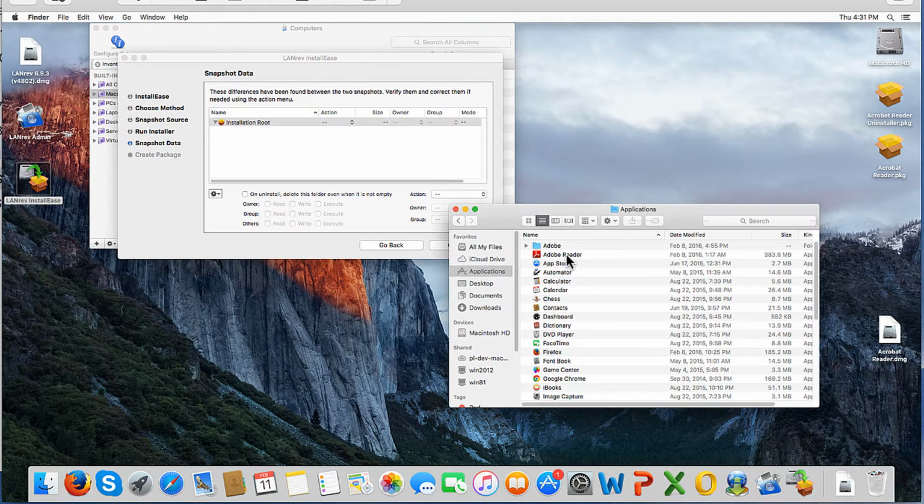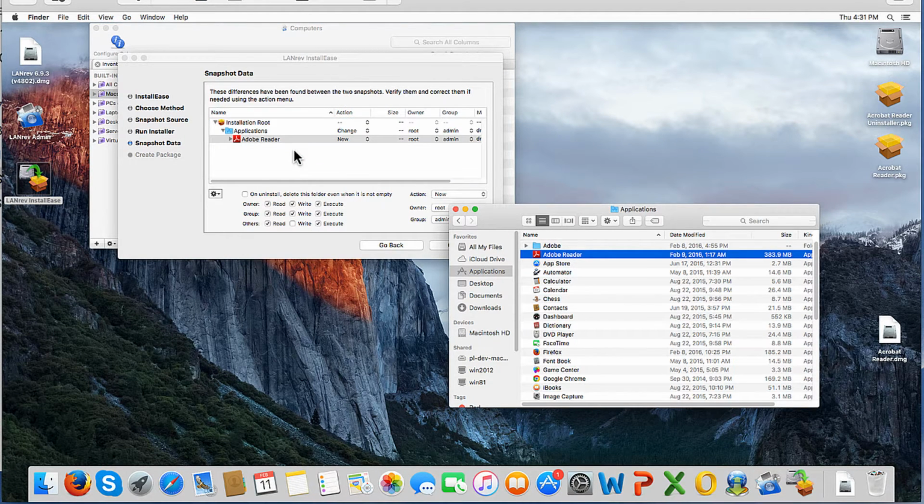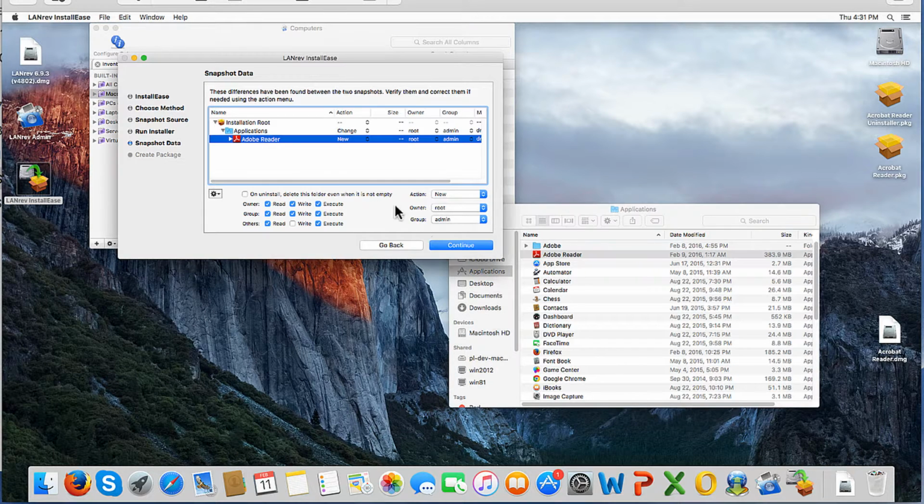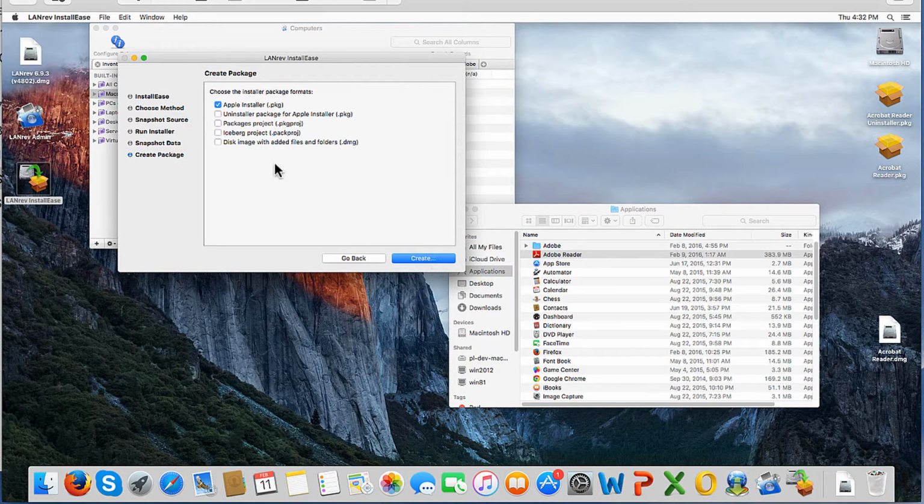So I'm going to grab Acrobat Reader, drop it right in here, and you can see it builds out the path to that application package. And when I'm done, I can go over here and just build my uninstaller and installer PKG right there. So I've actually already done this ahead of time here. You can see my packages for Acrobat here, my uninstaller, my installer package, and if I want to create a definition out of that so I can deploy it,